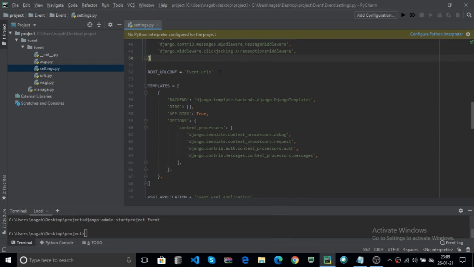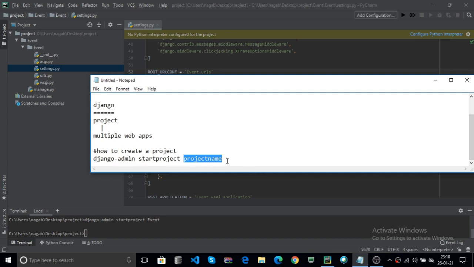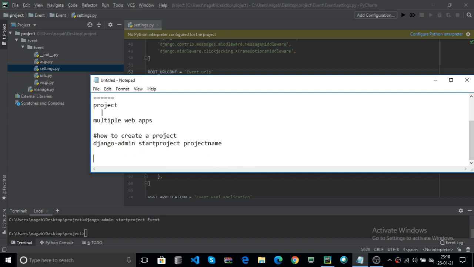Here ROOT_URLCONF provides the root URL configurations for your web application. Now what does URL configuration mean? For example, your local system contains 127.0.0.1, and the port number is 8080, for example. Here after login you go to the home page. This is one URL.